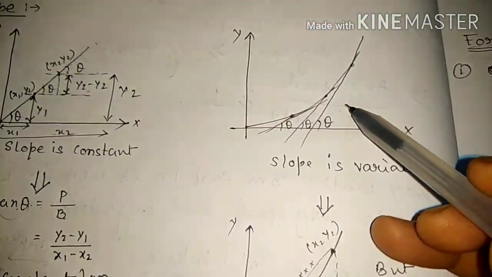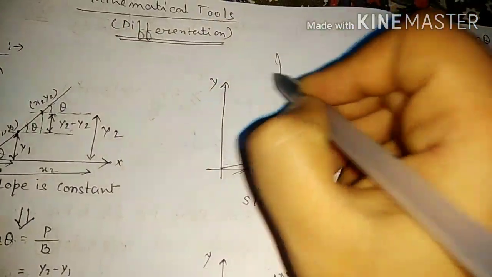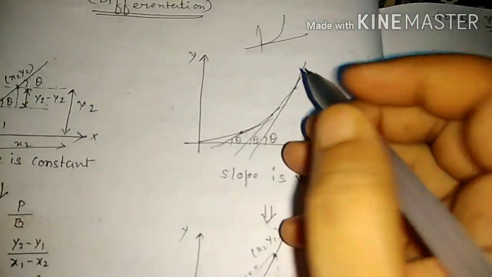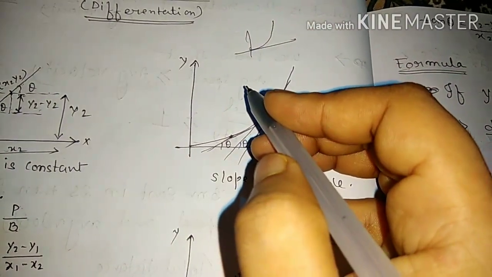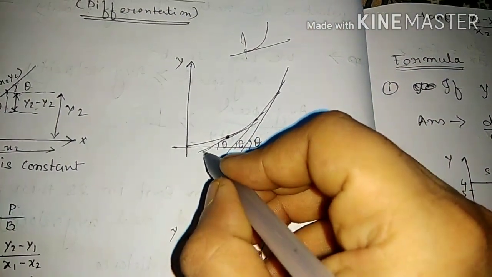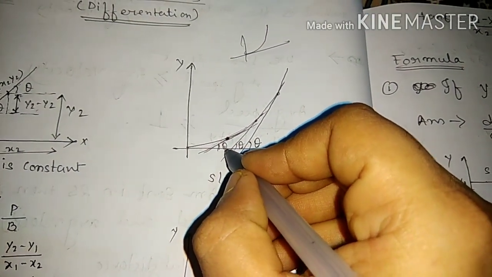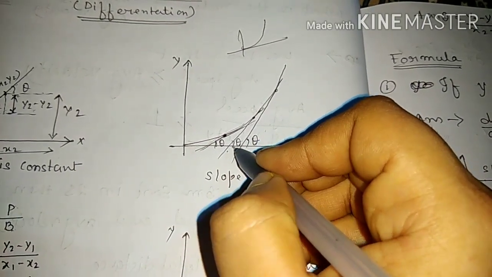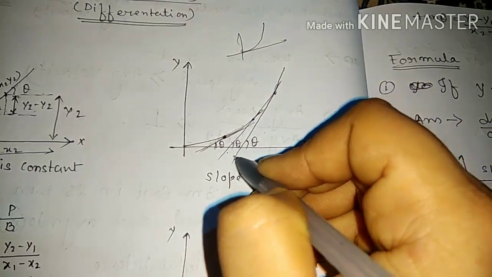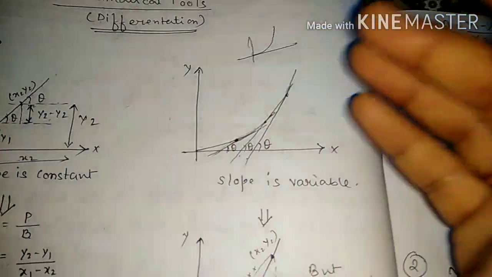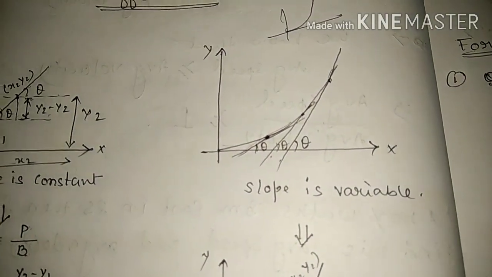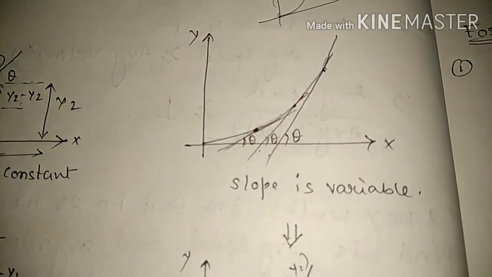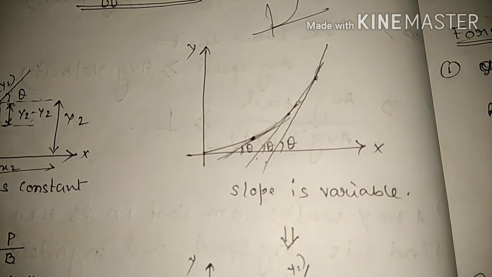But in this curved line graph, if we find the slope, then we draw a tangent. First we consider this point, and if we make one tangent, it makes one theta, that is the slope at this point. Now at this point we make another tangent, and this tangent makes theta here. At this point another tangent, so theta is there. So here the slope, or value of tan theta, is different, it's not constant, it changes, it's variable. So we can say that in this type of graph the slope is variable.